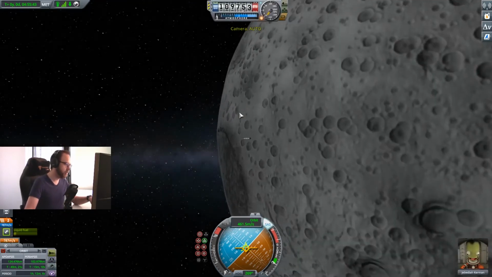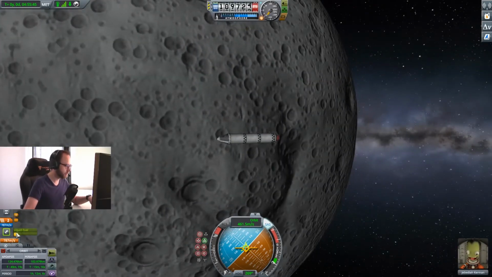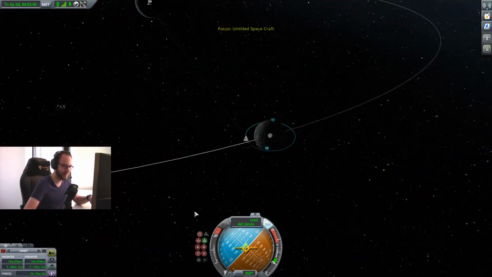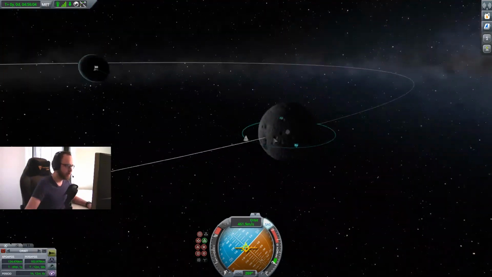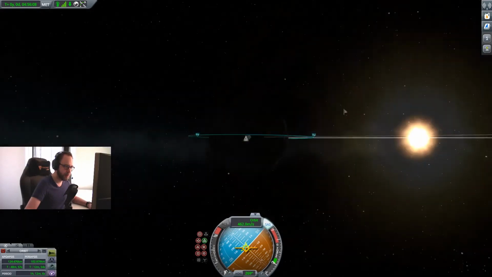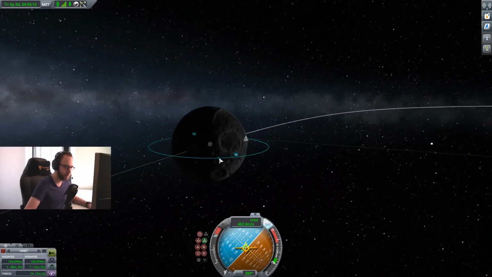Yes, we're now in orbit around the moon. Oh, we're never gonna make it back. Okay, I also want to land at a place where I can see both the Earth and the Sun. So I want to land over here probably. So I will have to